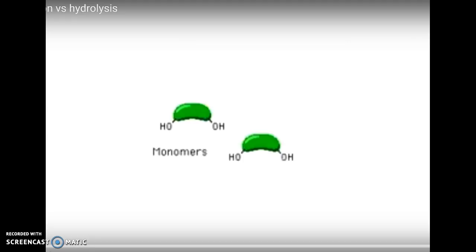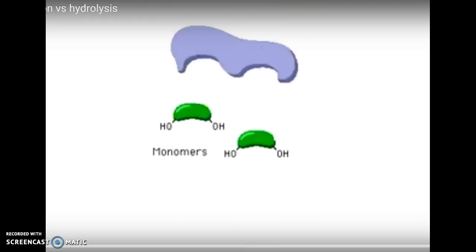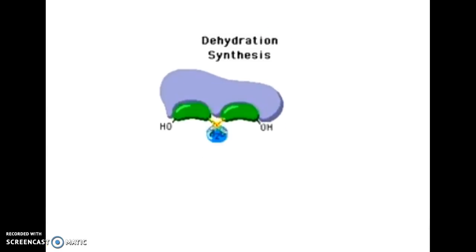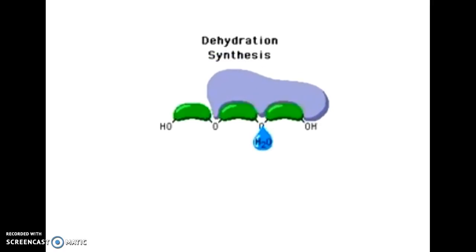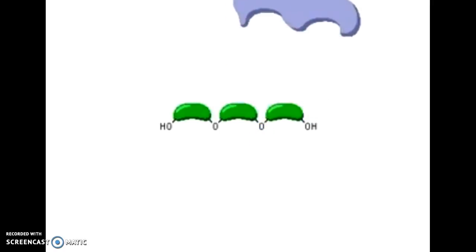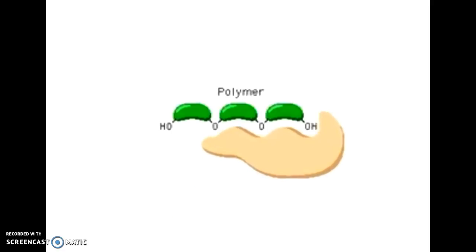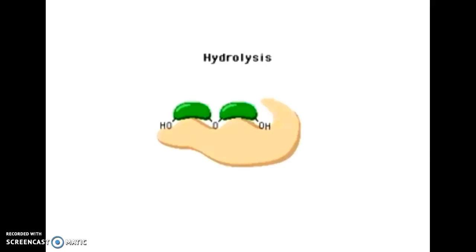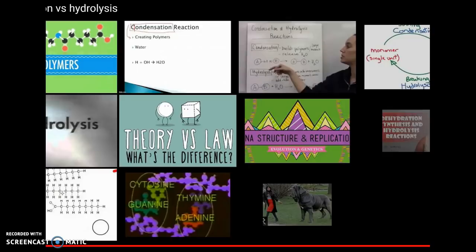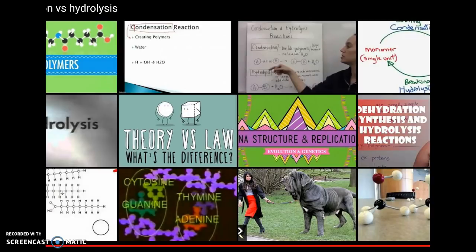All right. So the two green things that look like jelly beans, these are your monomers. So watch what happens now. Here comes an enzyme. This is helping. Water is released, and they're hooked together. And now another water is released, and they're hooked together. And now you've built a polymer. Now here's the opposite. A different enzyme comes in, a drop of water is added, and it gets hooked back to them, and now they're split apart. So that's just to give you sort of a